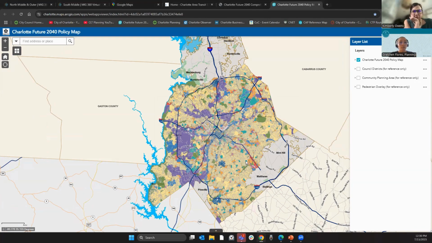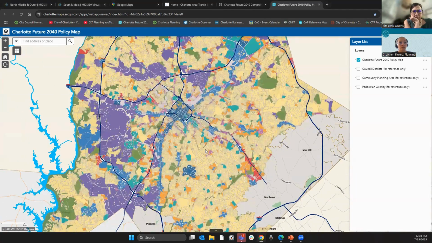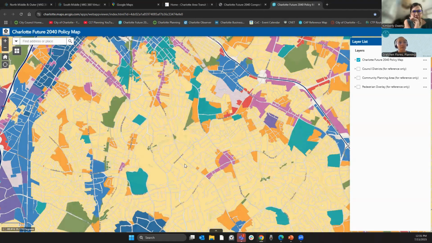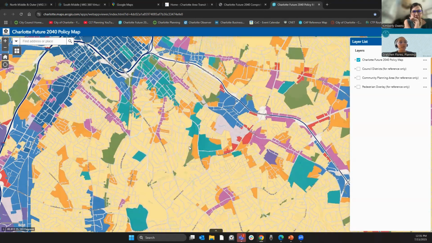And so what that meant was that if we needed to protect or preserve those for single family uses, then that really left all of these corridors and thoroughfares to try to accommodate the growth for a couple reasons. One, because the infrastructure is either existing or planned to be along the corridors. And two, because a lot of the commercial areas, or mixed use areas, I should say, would happen along the corridors.